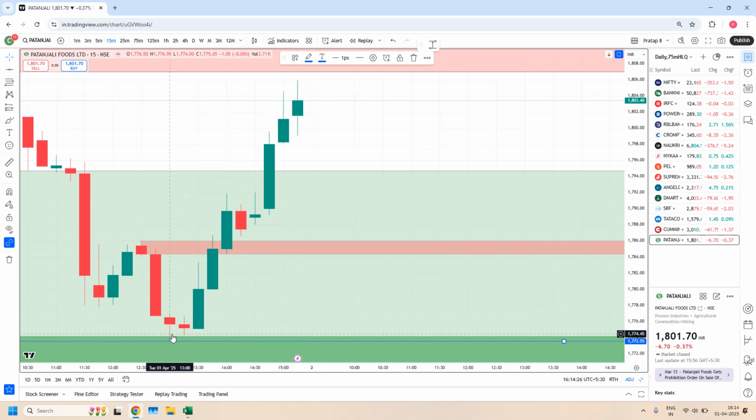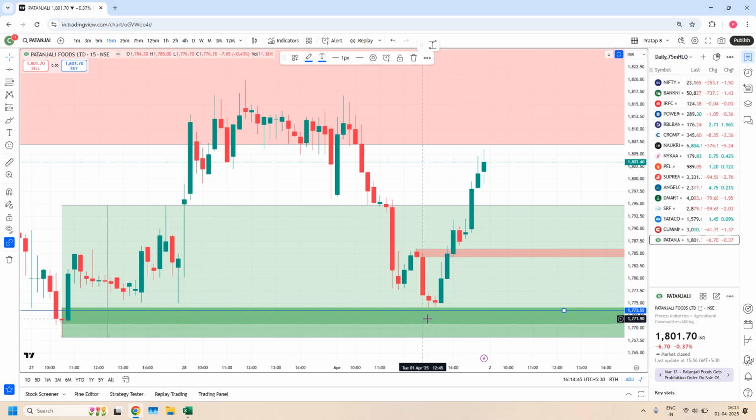Because you can't add an entry buffer here. If you add an entry buffer, you won't get 1:3 RR. What is the meaning of fine-tuning the entry? We don't want to use any entry buffers and all. We want to take inside the zone until we get 1:3 RR. Of course, if we are going near the distal line and you fine-tune, you can't accept such kind of trades. There are higher chances they will be violated. But when you fine-tune, they are very close to the